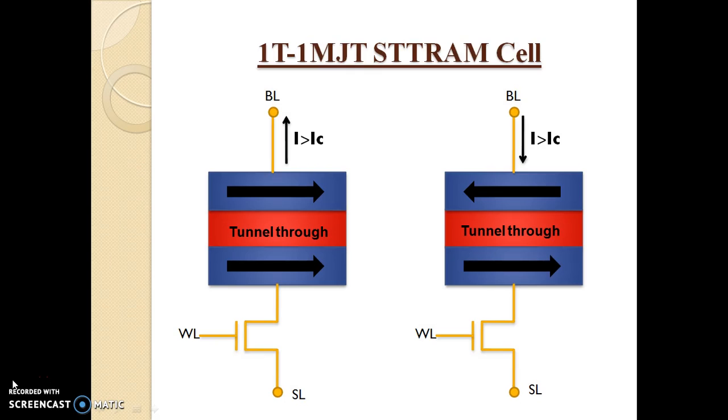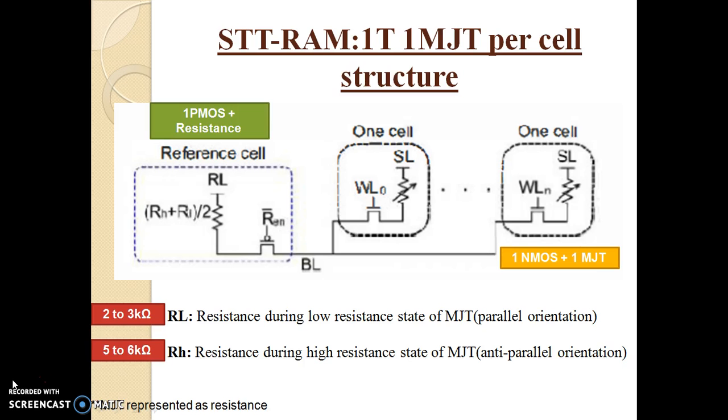A 1 transistor 1 MTJ per cell structure is as shown. It consists of 1 MTJ and 1 NMOS transistor. All the cells on each bit line or BL share a reference cell that consists of one PMOS transistor and one reference resistor